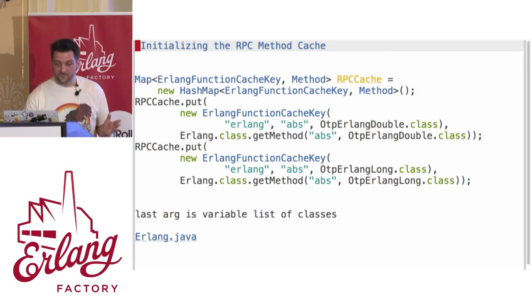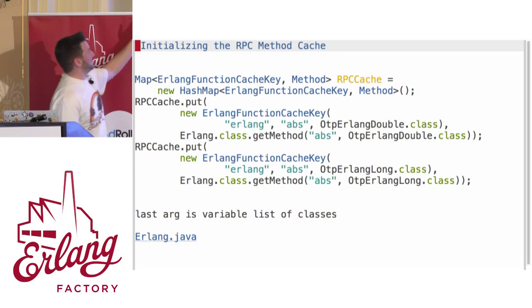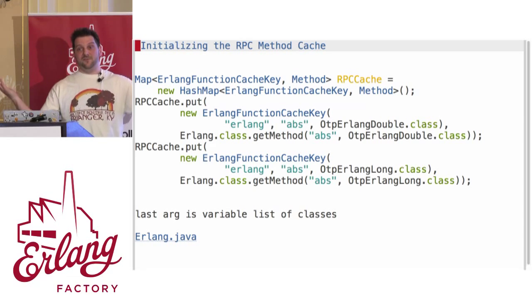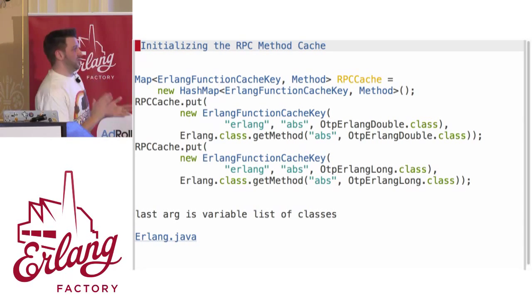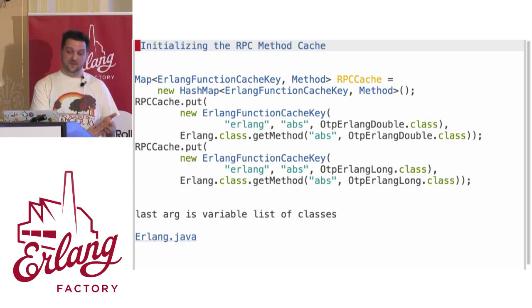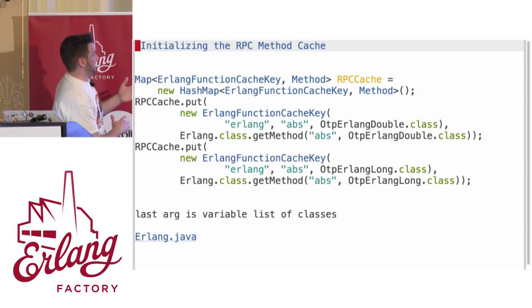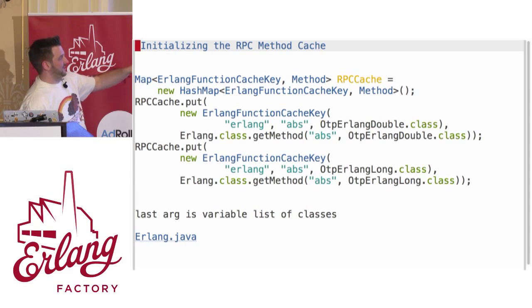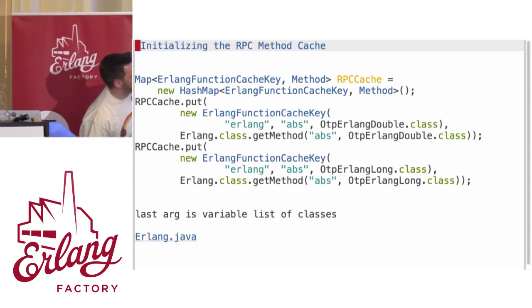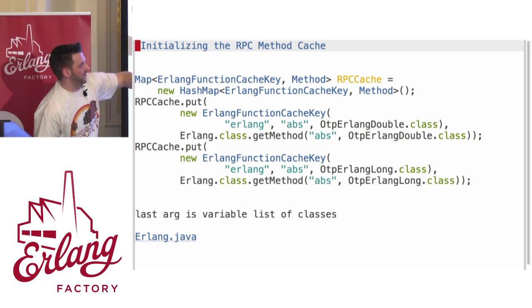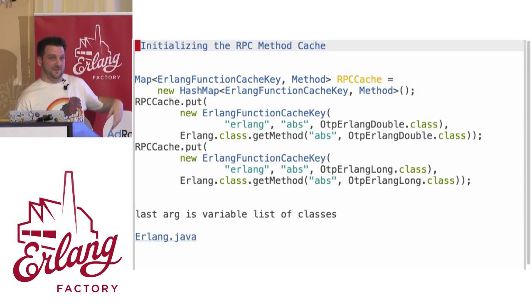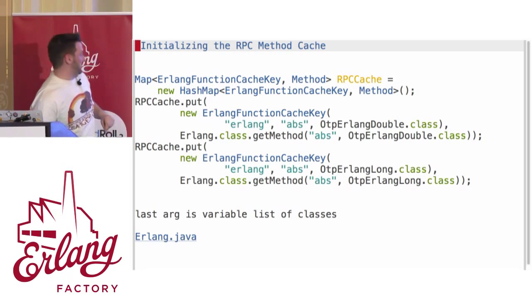So how do we do that? Well, we create this method cache, and it's got this Erlang function cache key thing, and that's essentially our MFA from before, right? It's our module, function, and the type signature of the input arguments for the function. The return type is actually not involved here. And it's that Java varargs thing, so this absolute value thing takes 1 argument. It's an OTP Erlang double. I had to actually create 2 signatures for this, 1 for long and 1 for double, because it can send both across the wire, and I want to answer the same question